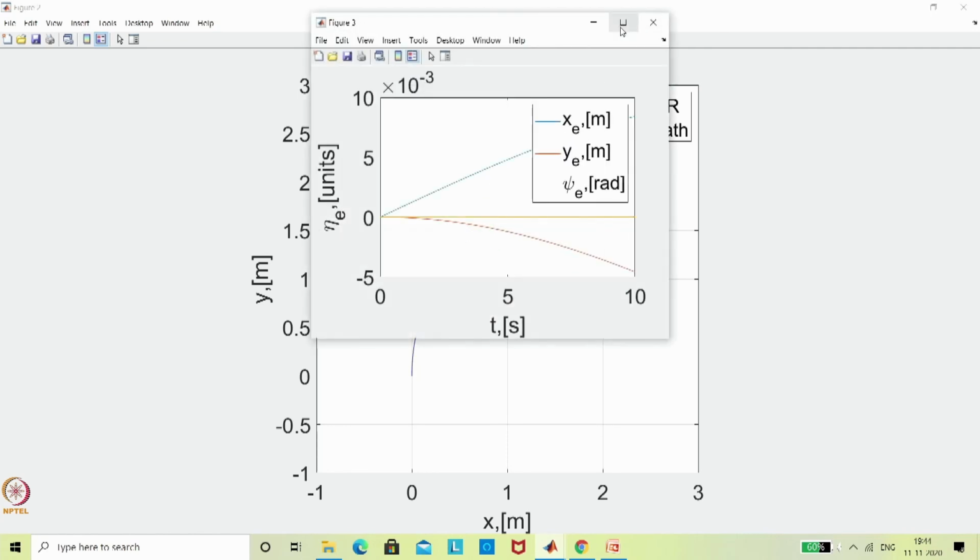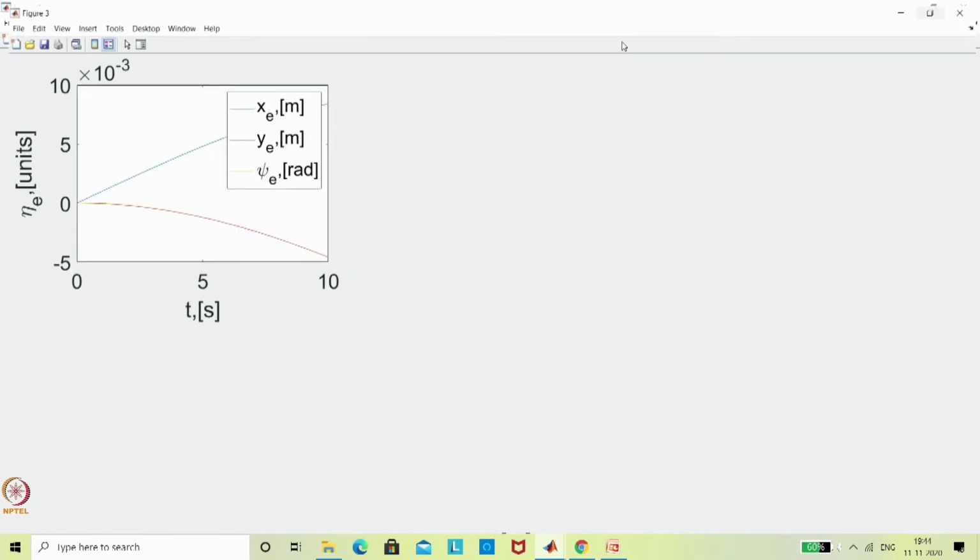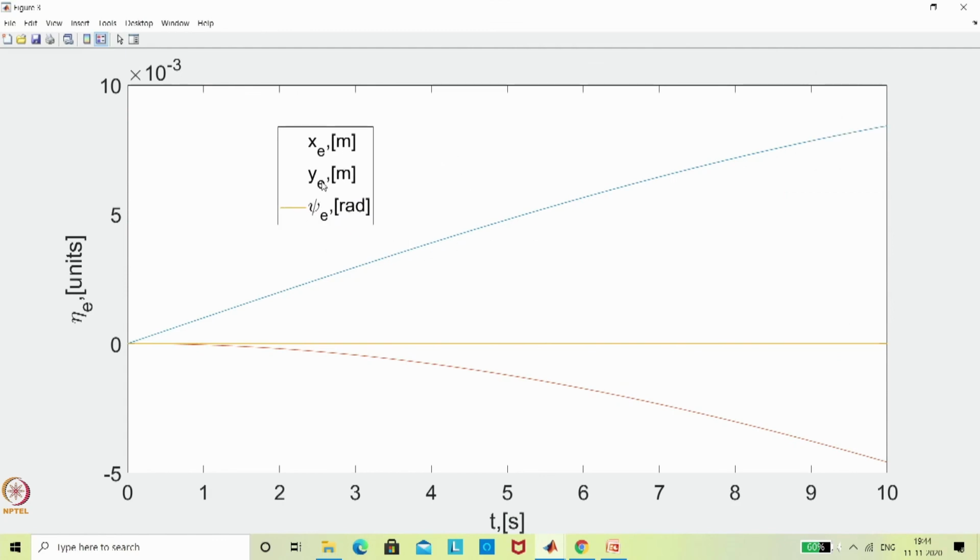Earlier we did a forward differential kinematics, but here we have done the inverse differential kinematics. Now you can see that there is a very small error. If I see the magnitude, it is at the millimeter level, where the psi error you can see is 0, whereas the x position and y position error is very small. It is open loop.